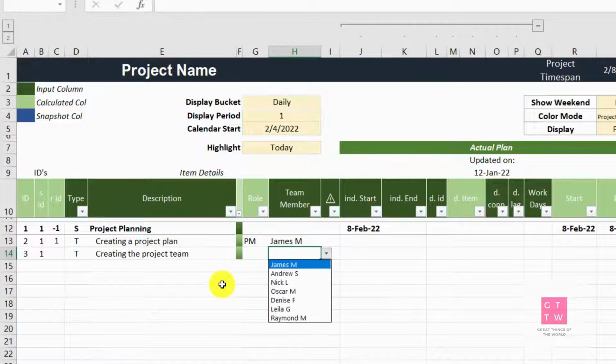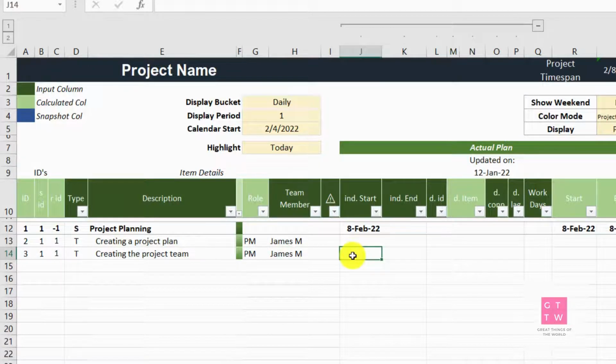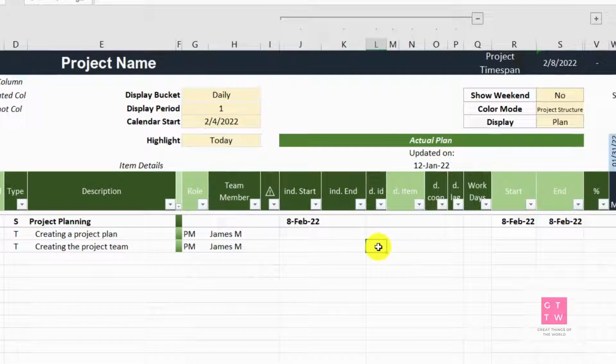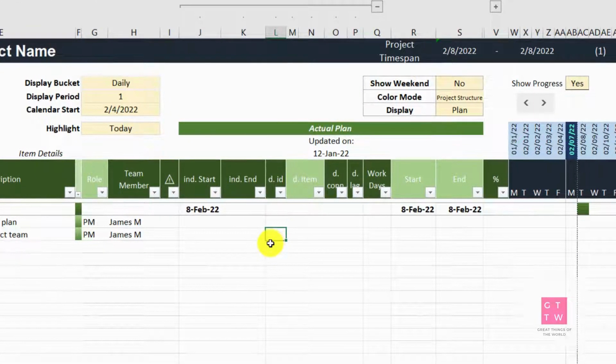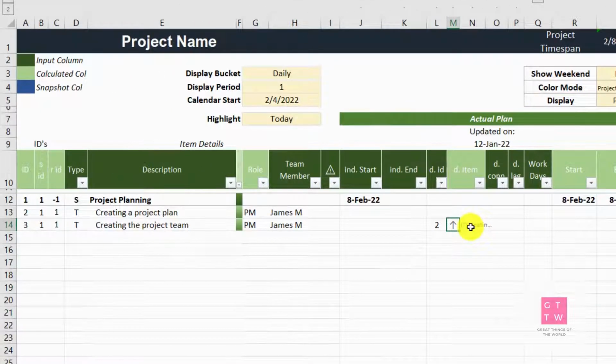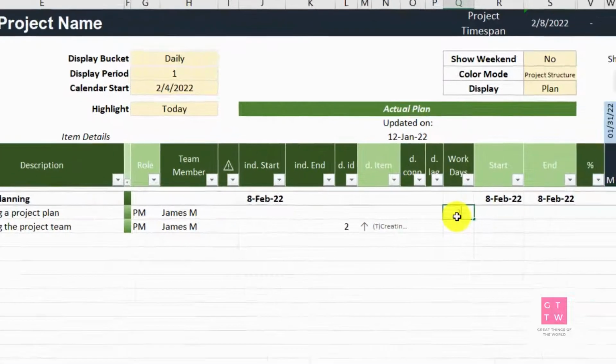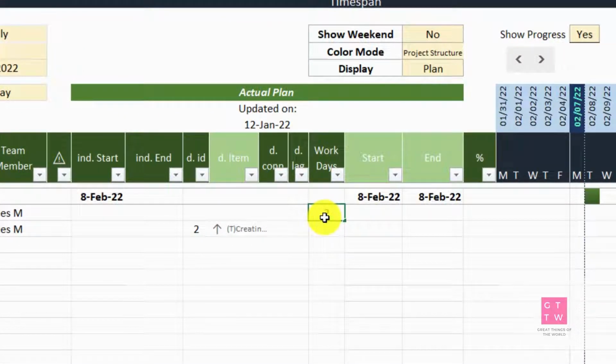So you can select the project manager name, and also you can mention if it has a dependency. Either you put the dependency ID of the previous dependent task, which is number 2, and it will identify which one is the dependent item. And also here you can enter the number of days it would take. So if the project manager says, okay, I will take 2 days, it will enter the start and the end